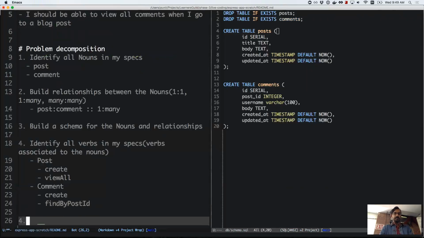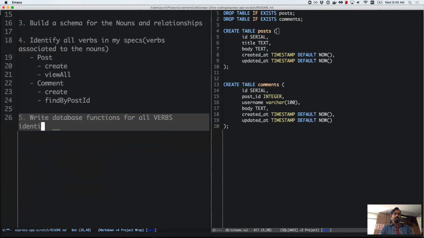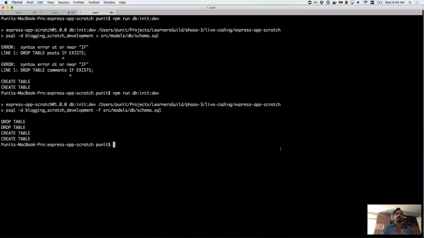So step 5 would be write database functions for all verbs identified in step 4. And now I need to write database functions for post and comment. So I essentially need to create these files inside my